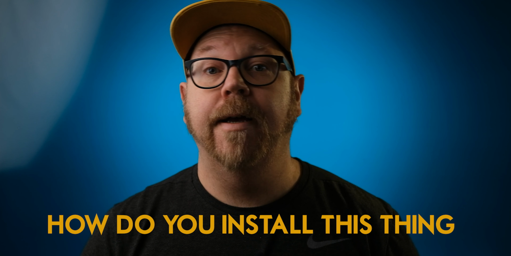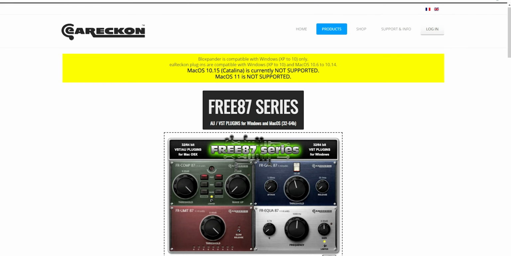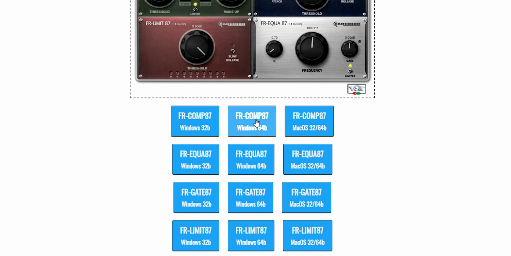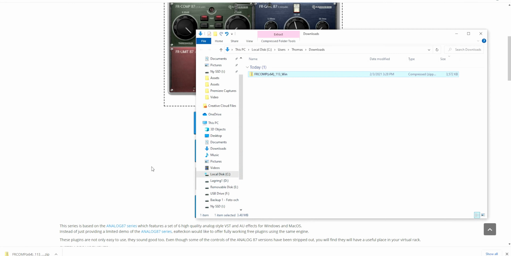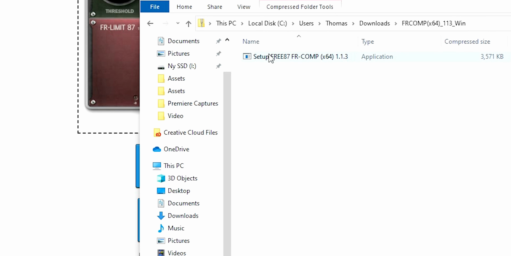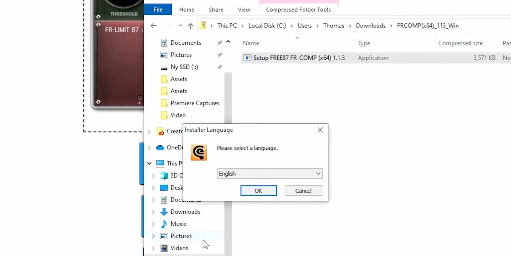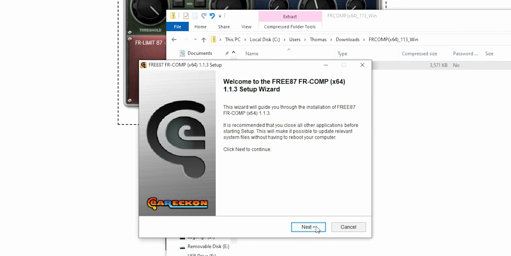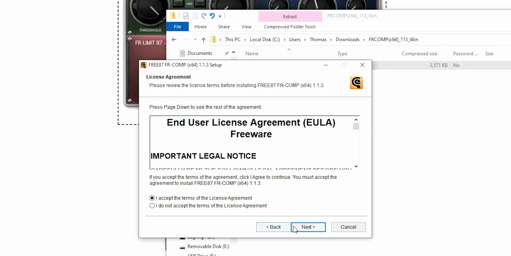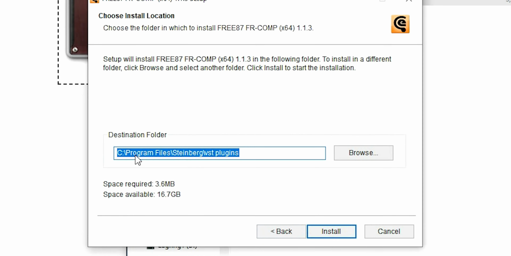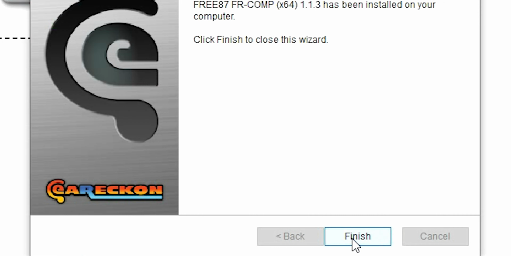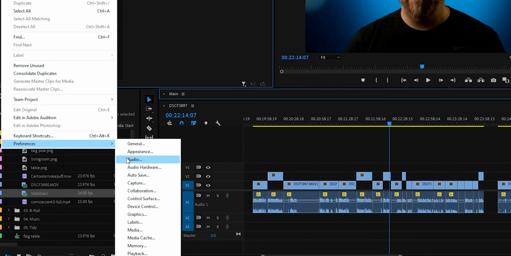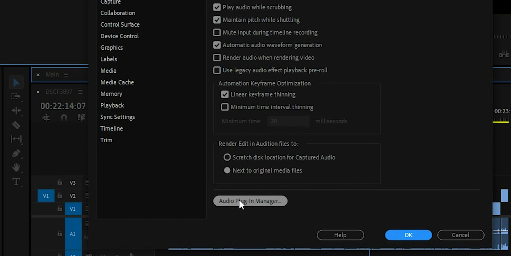So let's start by downloading the files to your computer. I'm using Windows, so I'm gonna pick this one. And now we'll open Preferences in Premiere and go to Audio and select Plugins.